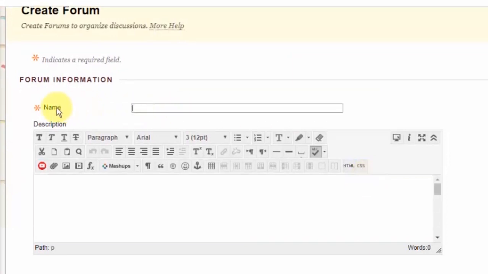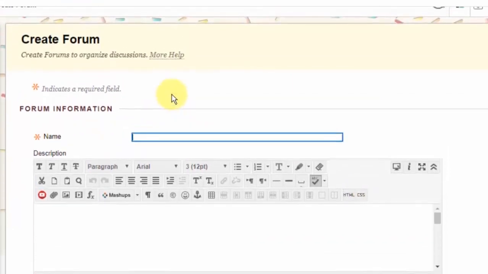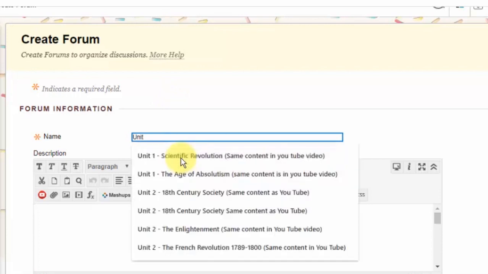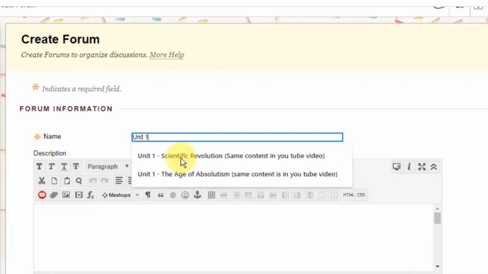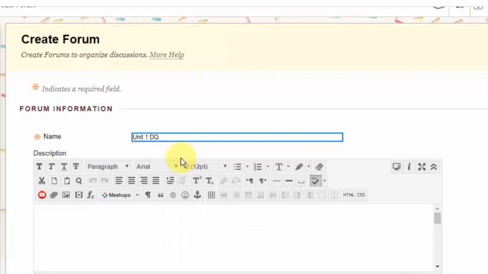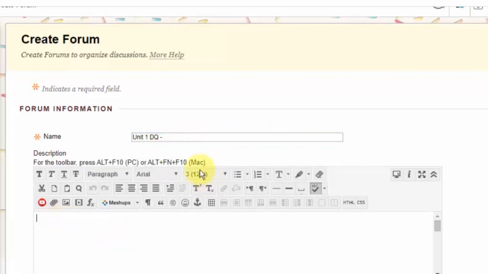Okay, so with the names of your forums, I would say keep it something short and sweet, and also meaningful for the title of the forum. So let's say this is Unit 1. I'm going to name it DQ for discussion question. And then if you want, you could write the rest of the question here, or you could write the question down here,